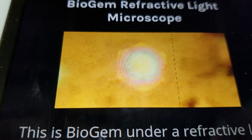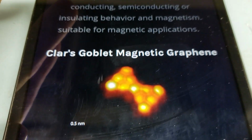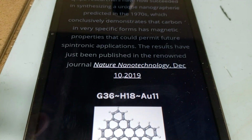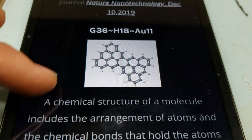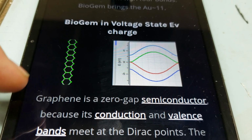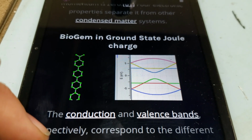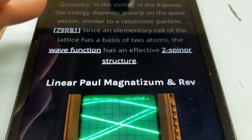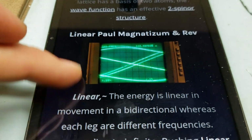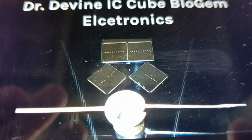This is what Biogem looks like in the refractive microscope. Here's the Claire's goblet, magnetic graphene. It's positive and positive on each end, and they just figured this out on this date. We've been making graphene magnetic for years from CO2. Here's the chemical chain, registered in science. Here's what it looks like hypothetically on a zero band gap semiconductor with graphene. Here's what it looks like hypothetically again on the artist rendition drawing on an oscilloscope. And here is reality. There's reality. There's my oscilloscope. We're building new IC superconductive chips. Biogem already charges